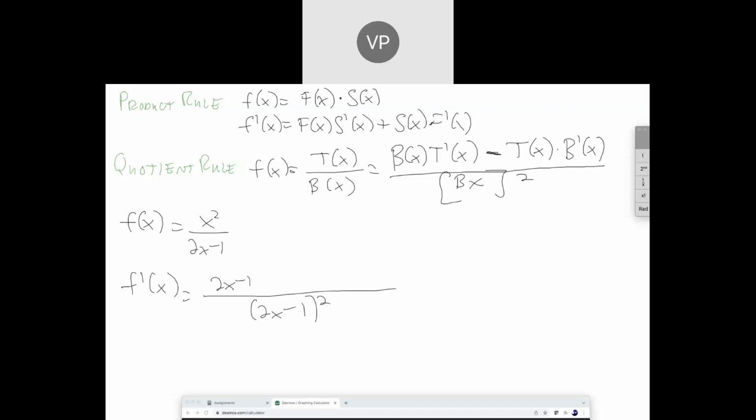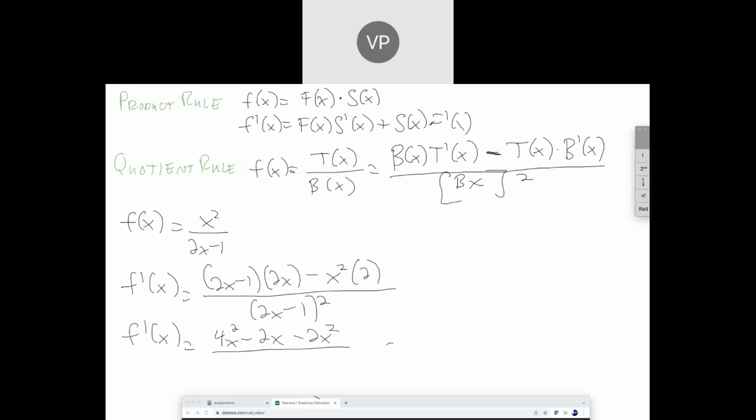Now, it doesn't matter if you use parentheses or brackets. I just accidentally did that. Derivative of the top is a 2x. Now, minus the top function times the derivative of the bottom, we get 2. And now I'll clean it up a little bit in this case just to see what we get. Distribute the top, we get a 4x squared minus 2x